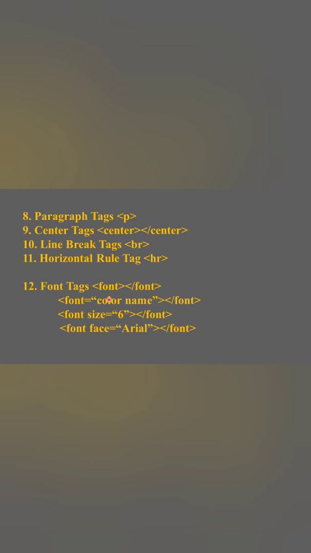So color you can give for your text. You can set a size for your text. Now you can set the font face. Different font faces are available, like Arial, Times New Roman, Chiller, like that. So many fonts are available. So here you can enter the font face, which face you want to give for your font. Then you have to close your font tag. Clear?